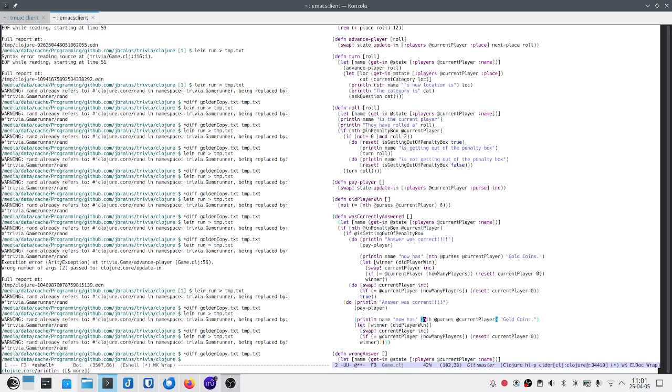So we need to get it. And we get it by saying get in state players current player purse. Is that correct? Yes, that looks correct, and that's going on here as well.